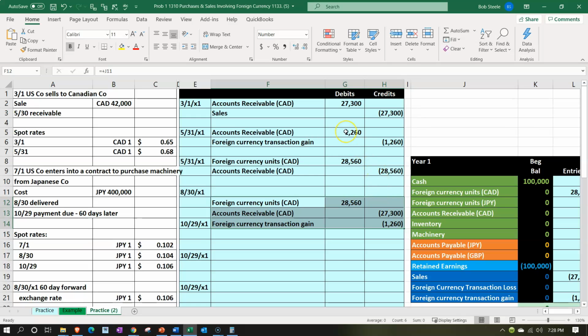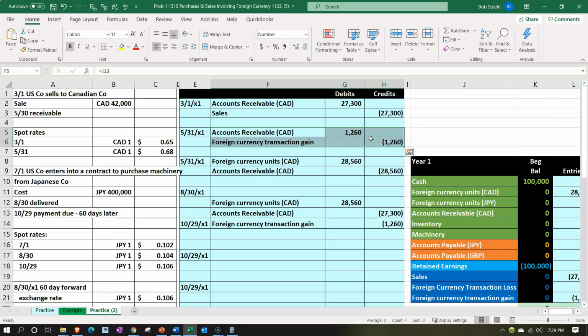And when we did it up here, we did it in two transactions, right? We adjusted our receivable up to the 28,560, and then we recorded the receiving of the currency at the value of the exchange rate at that point, and then taking off the receivable. So it makes sense to do this in Excel in two separate journal entries, even if you don't have a cutoff period adjusting entry. But this format up here is useful to look at in the case that you have a cutoff adjusting entry, because this works like an adjusting entry you might have at the end of the month or year. And if you do that adjusting entry, then it's best, as we did in QuickBooks, to